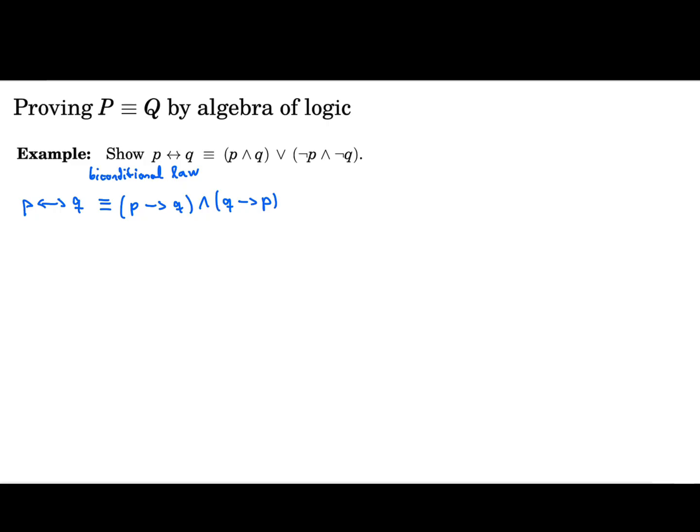Okay, we can then get rid of the implication by using the implication law. So with that, we saw that P implies Q will be equivalent to not P or Q. So that's the first part. And then you have an and. And then the second part, Q implies P, will be equivalent to not Q or P. So with that, we got rid of all the biconditionals and implications, and we just need to deal with ors